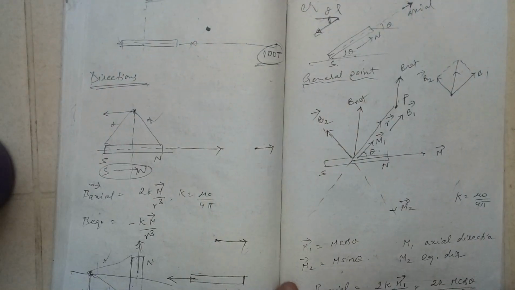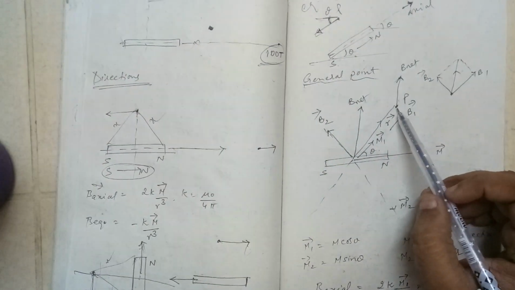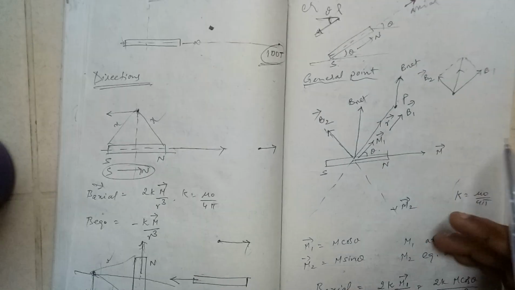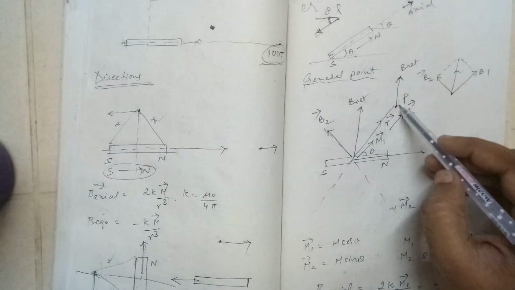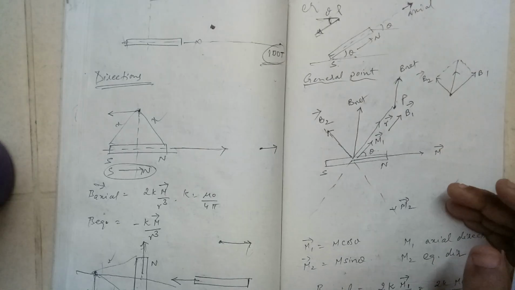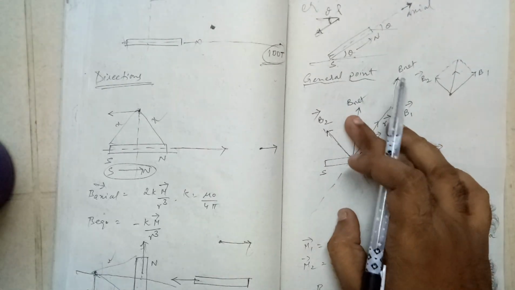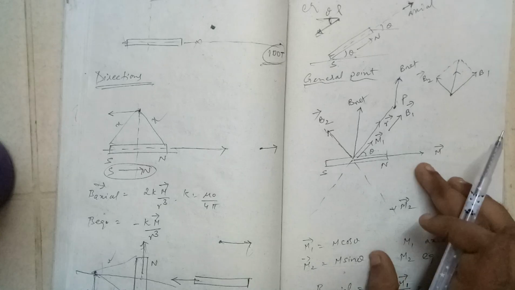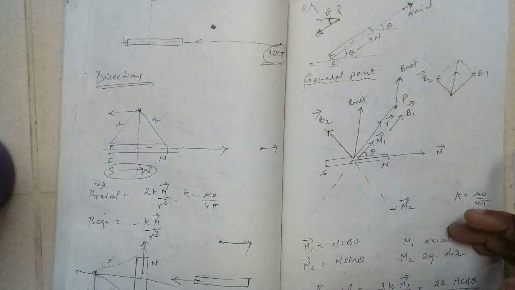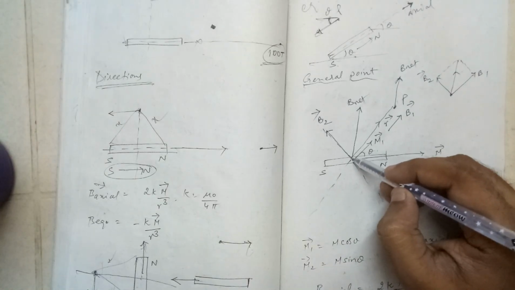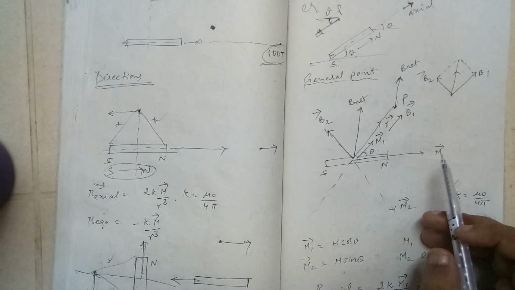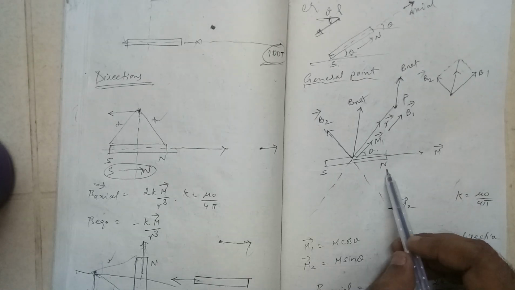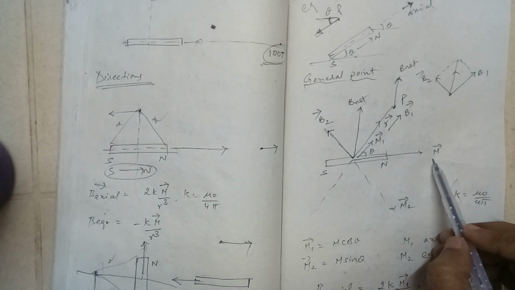Let us see the situation where we try to find out the magnetic field at a general point. Now this is the bar magnet with the north and the south pole, and we are trying to find out the field at P. So it is neither at the equatorial line nor at the axial line. In this case, if you join these 2 points, this is the direction of the r vector, and south to north there is an m vector.